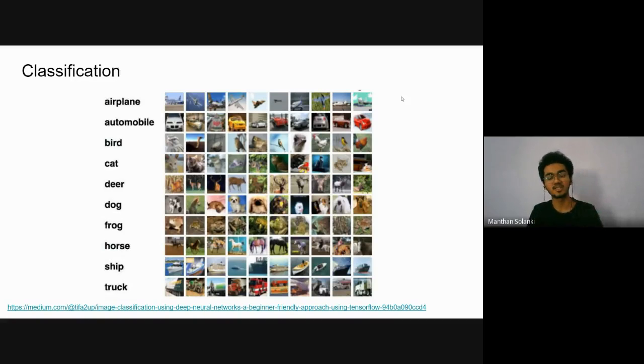And if we have a set of images mixed together, our model can predict that okay, this image is from this class. If the image contains the plane, then our model can predict that okay, this image is of the aeroplane. So this way, the classification problem can be very easily implemented with the help of deep learning. There are so many kinds of classifications. Some are binary classification, resulting in yes or no, whether it is the cat or not, whether it is the human or not.